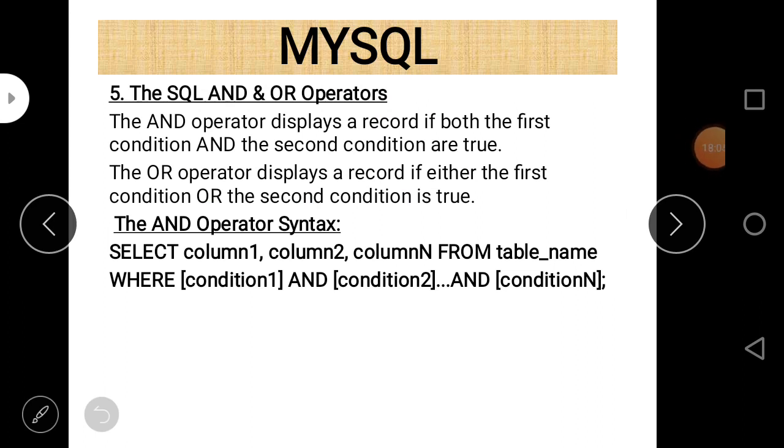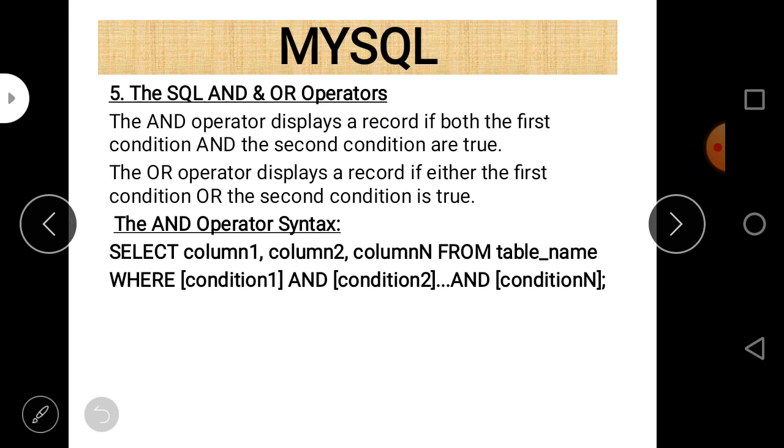So till now we have worked on 3 different types of commands. First one is the create table command. Create table command is a DDL command by which we can easily create a table or a database also. You can easily create a database also using the create table command.